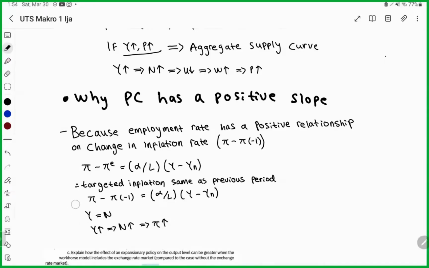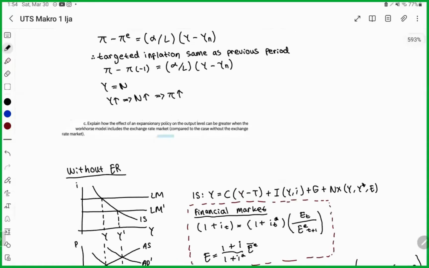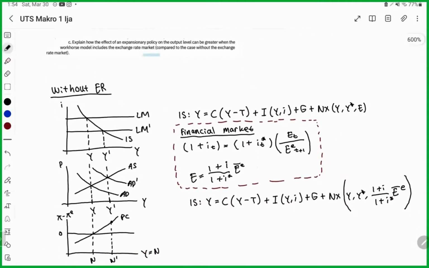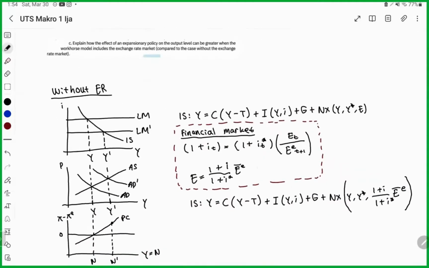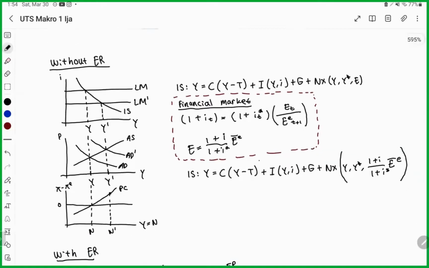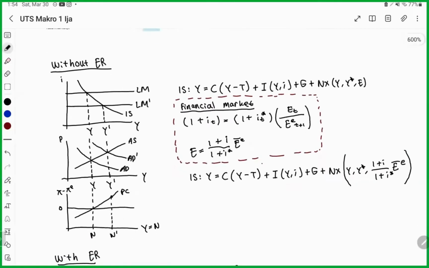All right. And then the C question. Explain how the effect of expansionary policy, which I assume is monetary expansion, on the output level can be greater when our course model includes the exchange rate market. And then you are asked to compare with the case without the exchange rate market. So without the exchange rate,